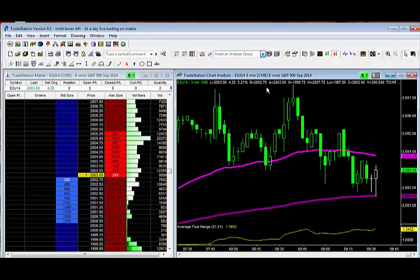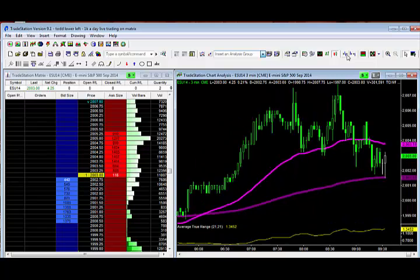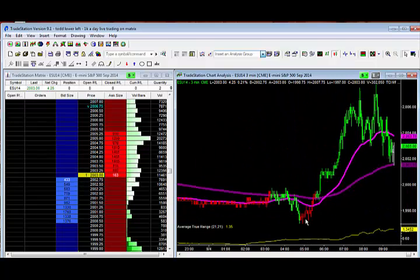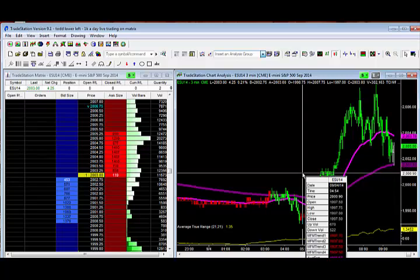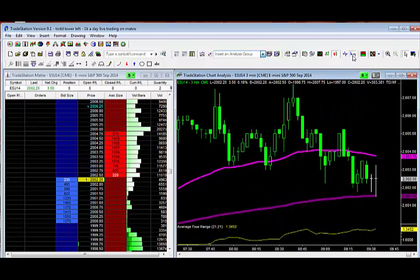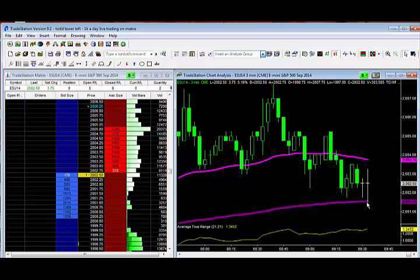The market just opened up, and the chart we're looking at is the E-mini S&P 500 on a 3-minute continuous chart. So we're looking at the night session in conjunction with the day session from yesterday. So this is last night. It consolidated, and then we started moving up late last night, or early this morning rather, kind of a double top in here. Okay, we're sitting at the 200 exponential moving average on this continuous chart,